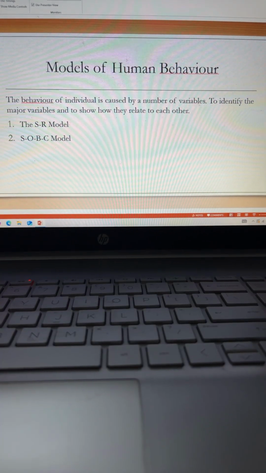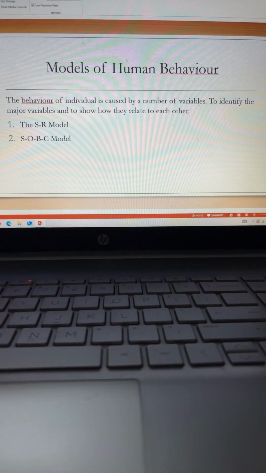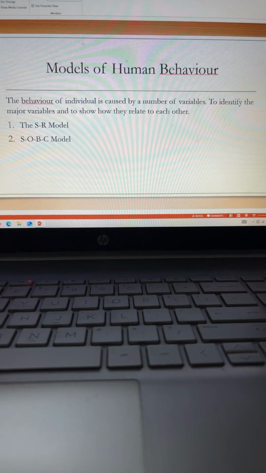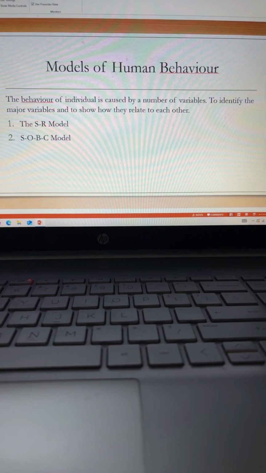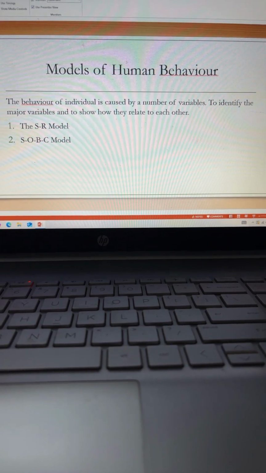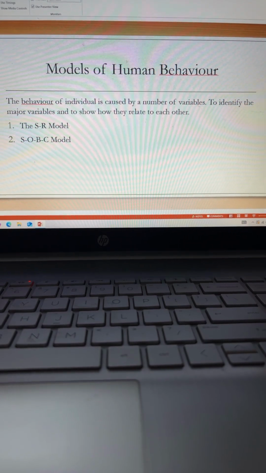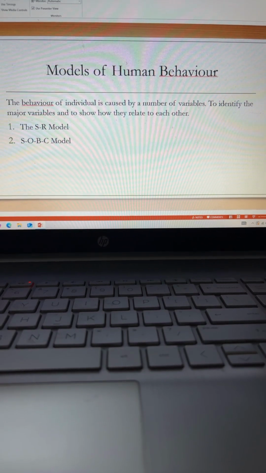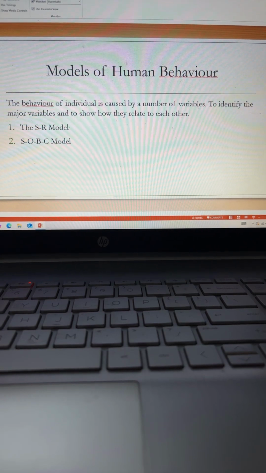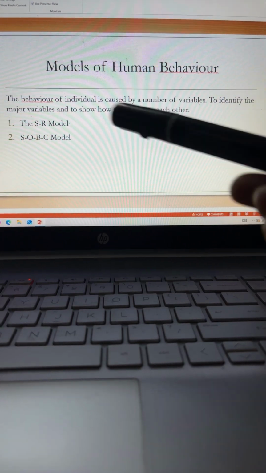Okay, today we will be discussing the model of human behavior. The behavior of an individual is caused by a number of variables. So we will be studying those variables that affect the behavior of a particular individual. To identify the major variables and to show how they are related to each other, the two models are the SR